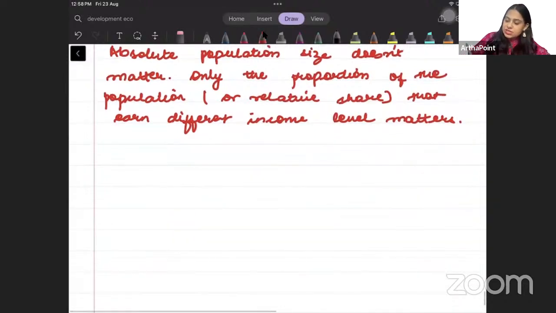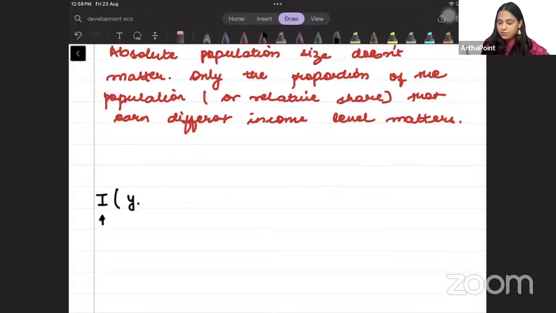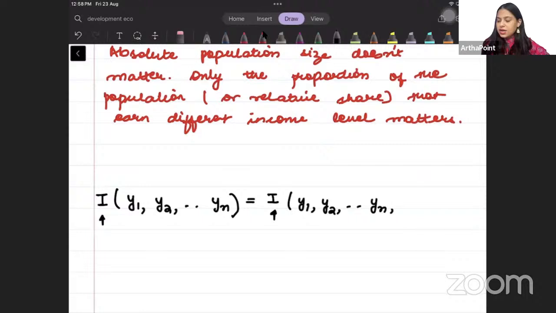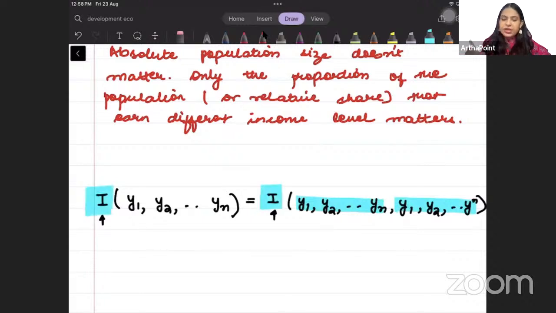अच्छा, इसको हम कैसे represent करते हैं in economics? I represents inequality. So inequality with y1, y2 till yn is equal to inequality when you have y1, y2 till yn, comma, same population repeated, y1, y2 till yn. So if I am just copying the same population and their income again, तो यहां से जो inequality आया and यहां से जो inequality आया, those inequalities would be equal to each other, right? Just like the example that I showed you. The inequality will remain